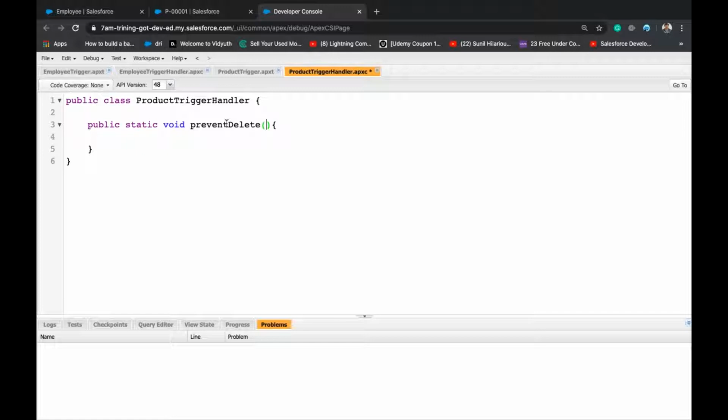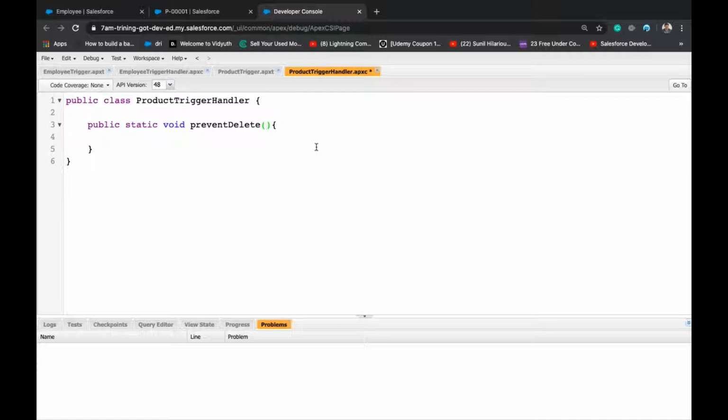Remember, whatever method names or variable names you declare, those should be informative. You should write a proper name so that anyone can understand.